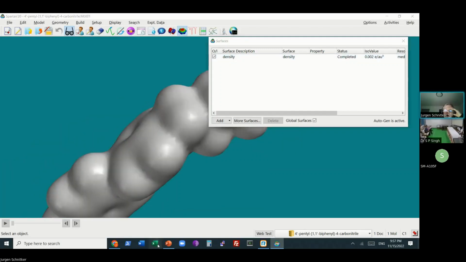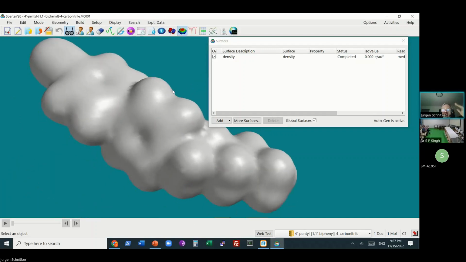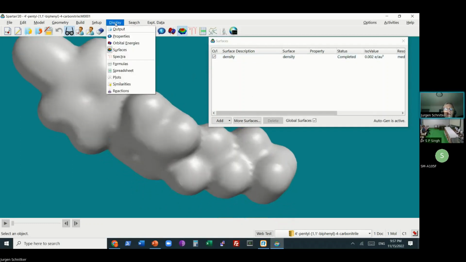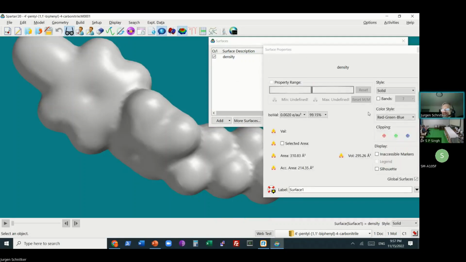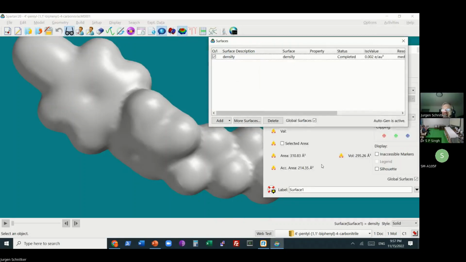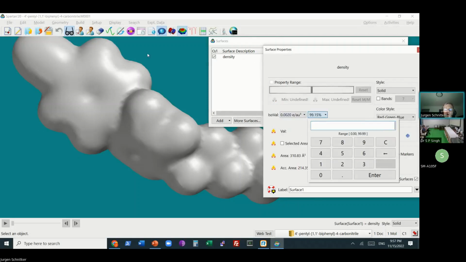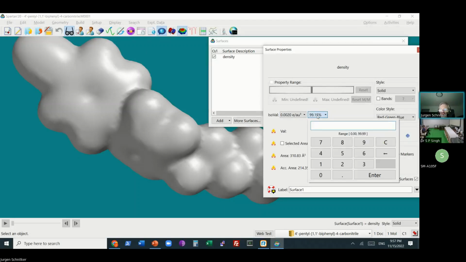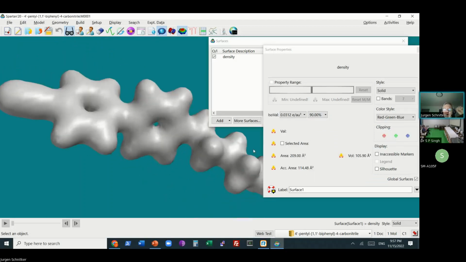So this is the electron density at a value of 0.002 electrons per atomic unit cubed. This is 99% of the electron density included here. If I only do, let's say, 90%, this is a higher iso value for the electron density.